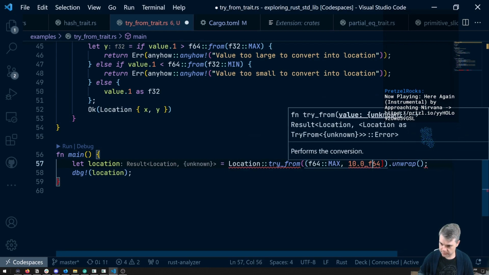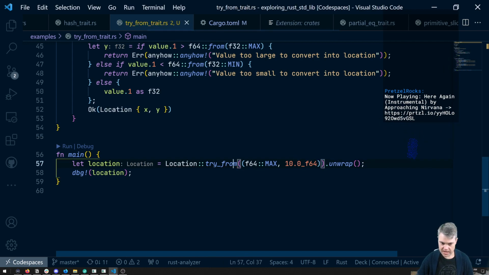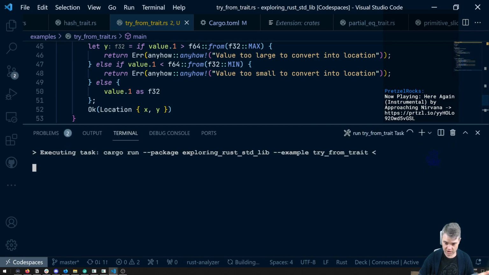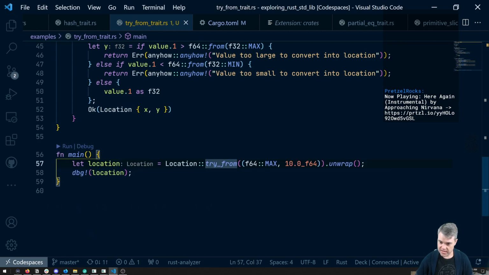So it can figure out what that type is properly. We should get the error saying value is too large for the X. Value too large to convert to location. Now, if we don't say max here and we just say something like